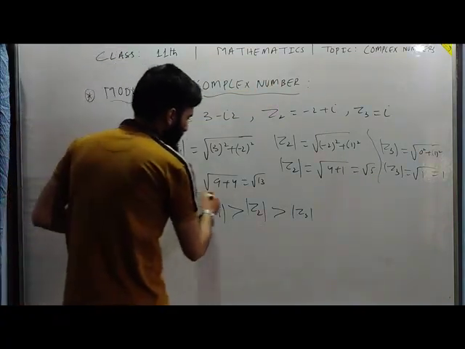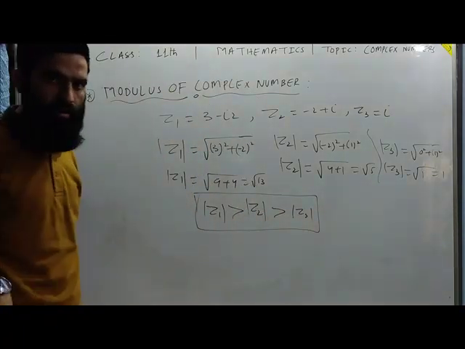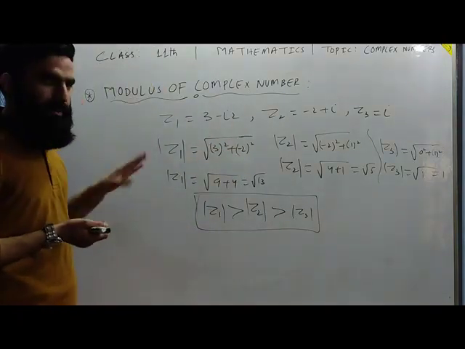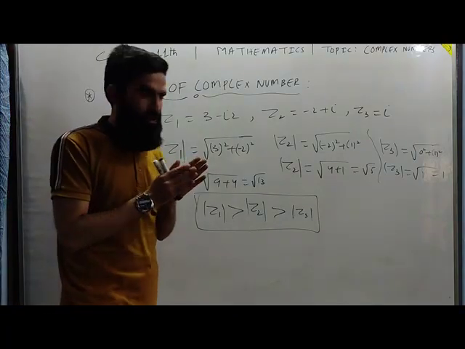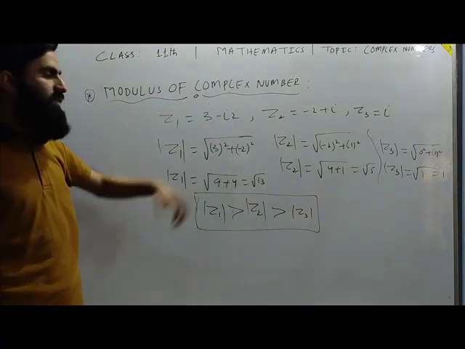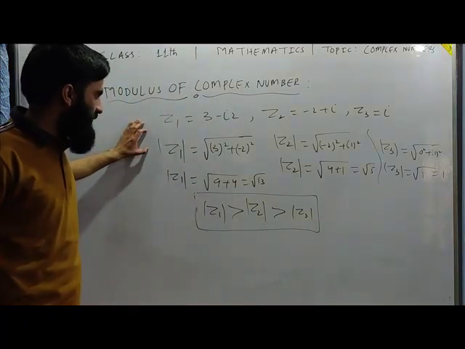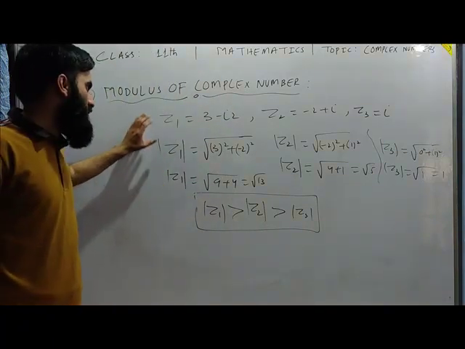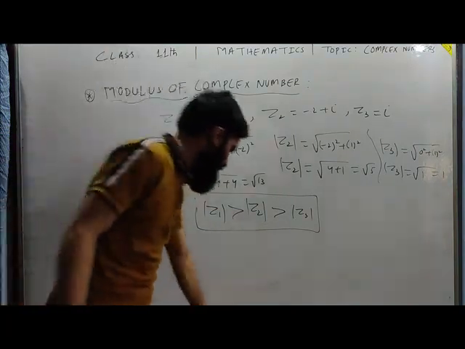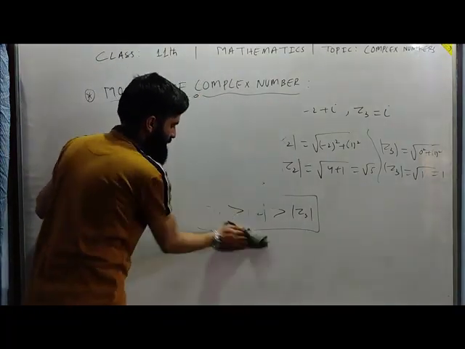So you can have the comparison between complex numbers, how much bigger they are with respect to one another. You are just taking it in a direct sense, you are not considering it geometrically. When we deal with it geometrically, you will come to know what kind of concept it actually is. So this is the basic definition, and from this method you can find the magnitude of any complex number, whether it's purely real, purely imaginary, or a combination. So this is the modulus of a complex number.